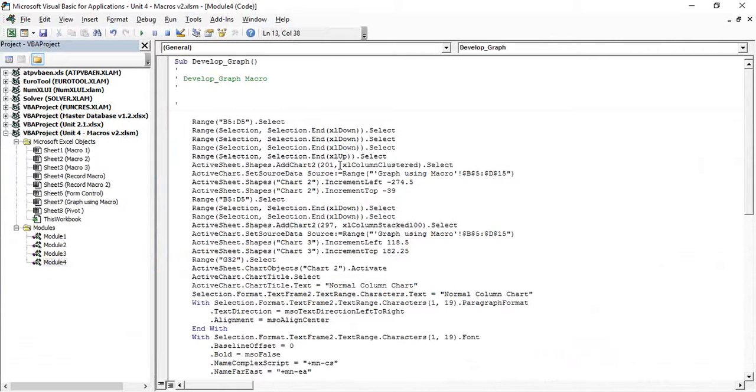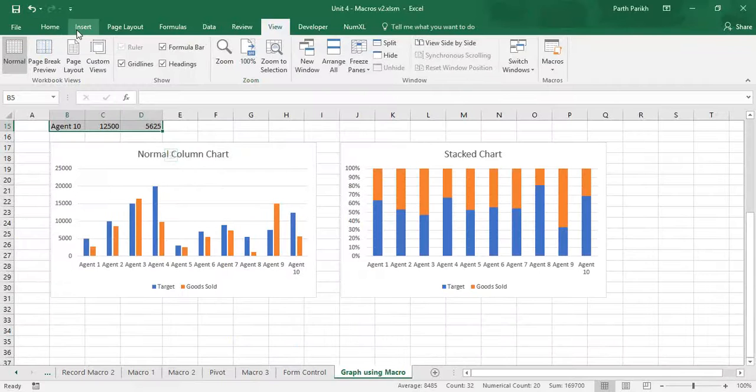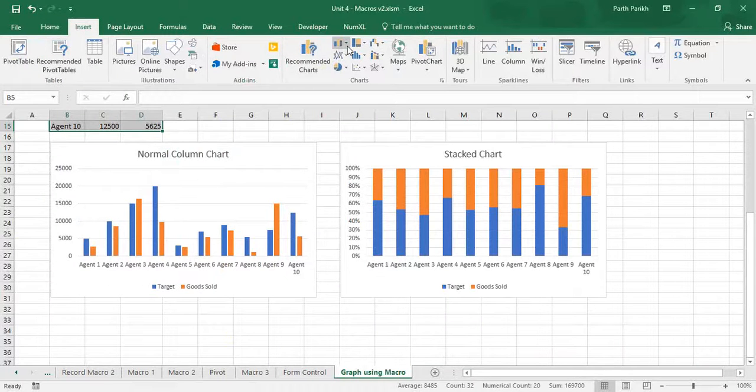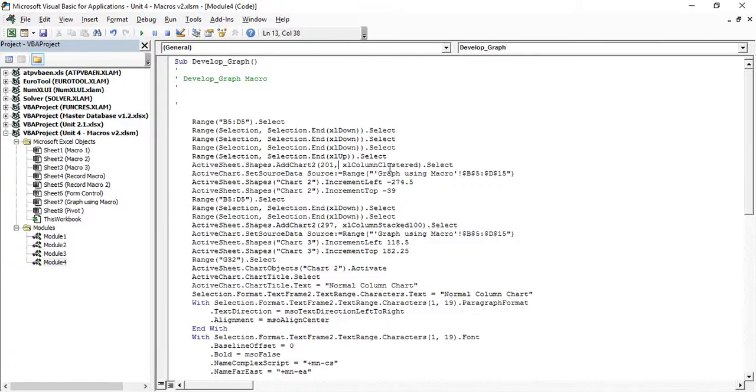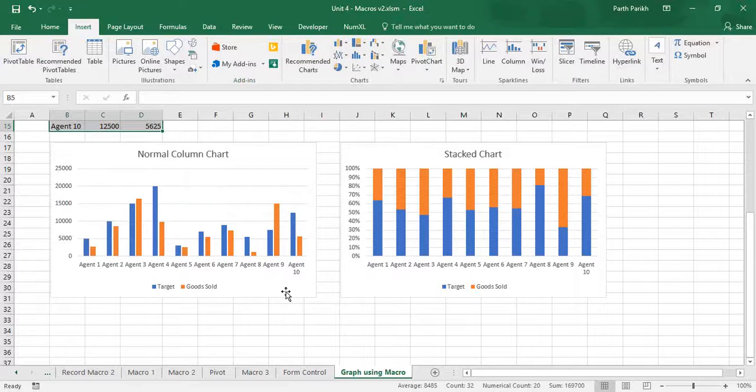Then Excel has said AddChart, because I clicked on Insert. This is the first chart I selected, which is xlColumnClustered, the 2D clustered column chart. I've selected that, creating the graph using a macro.